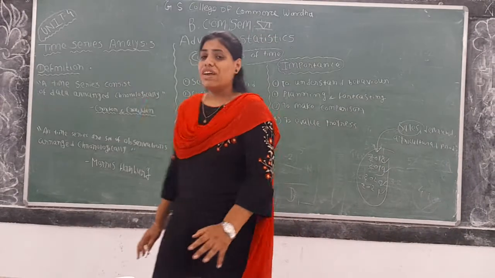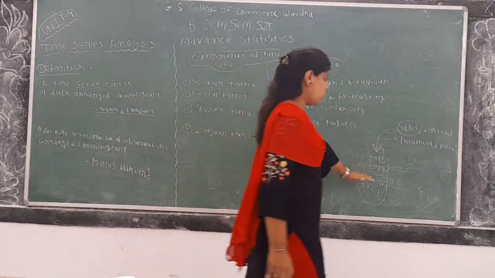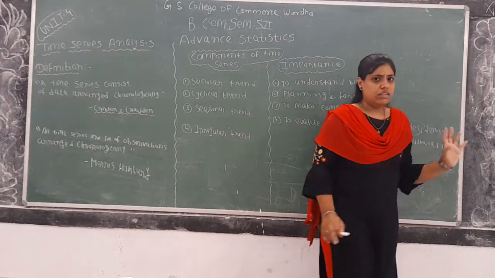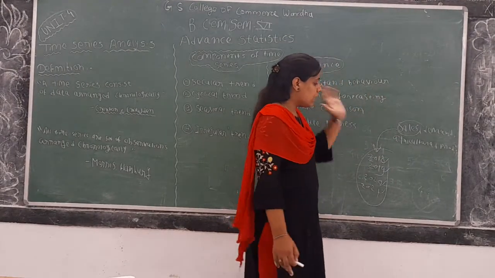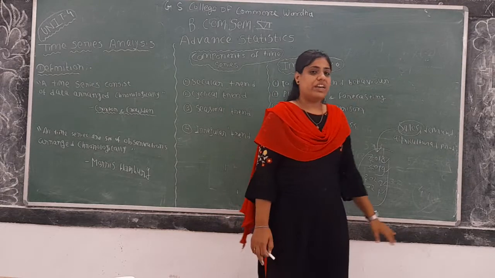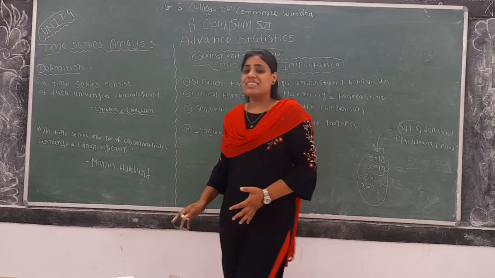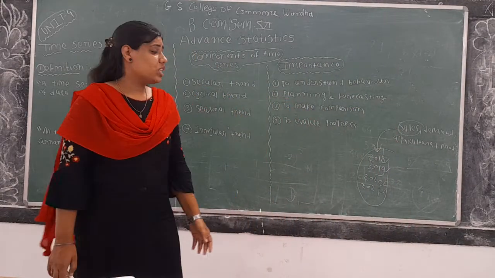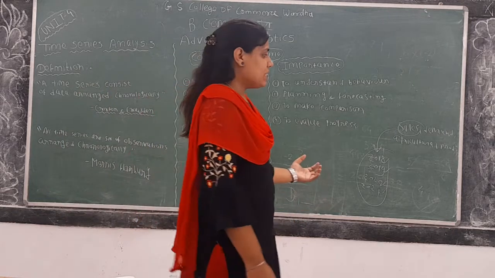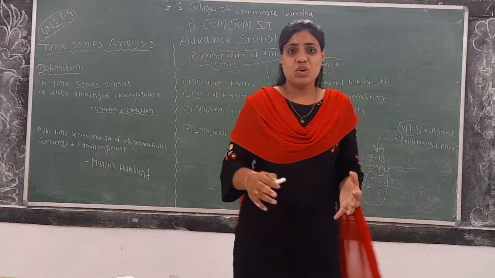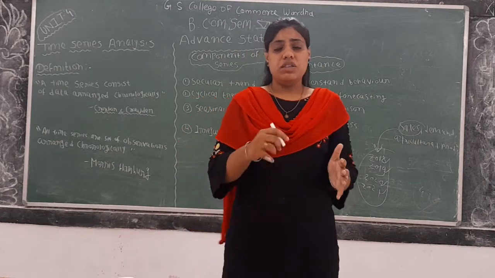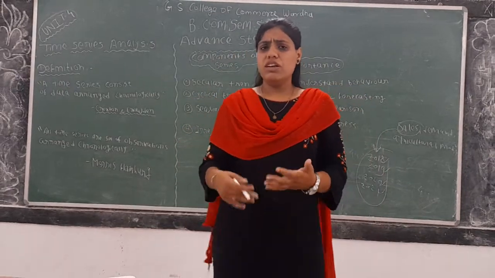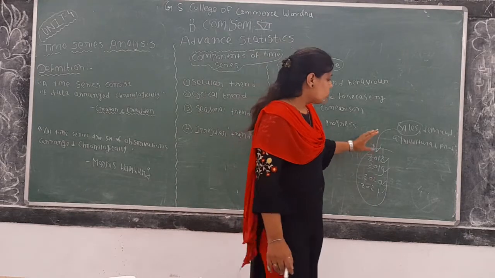Okay, so when we analyze the data set of sales, here in this example, when we are going to analyze the data set of the sales during the different points of time, it would be called as time series or trend analysis for the sales. Okay, so basically in time series analysis what we generally do is observe a trend in the particular data set for a particular element. Here we are going to observe a trend.